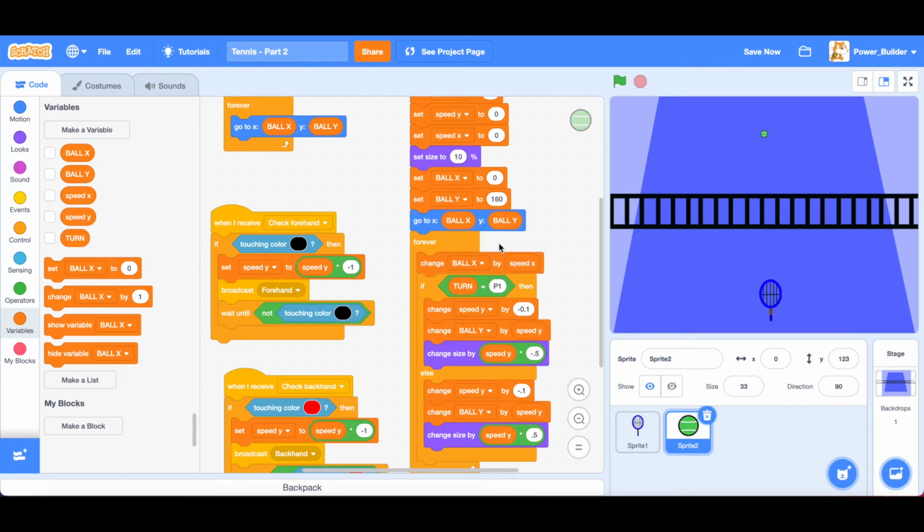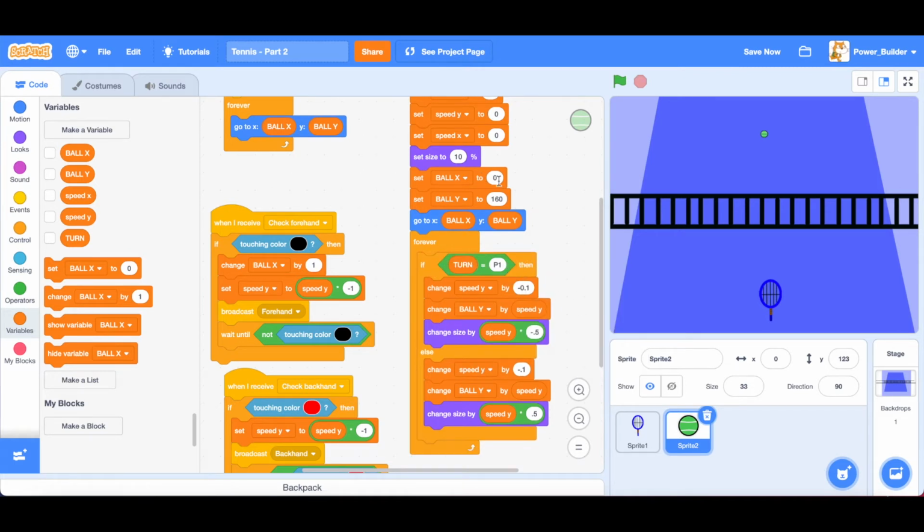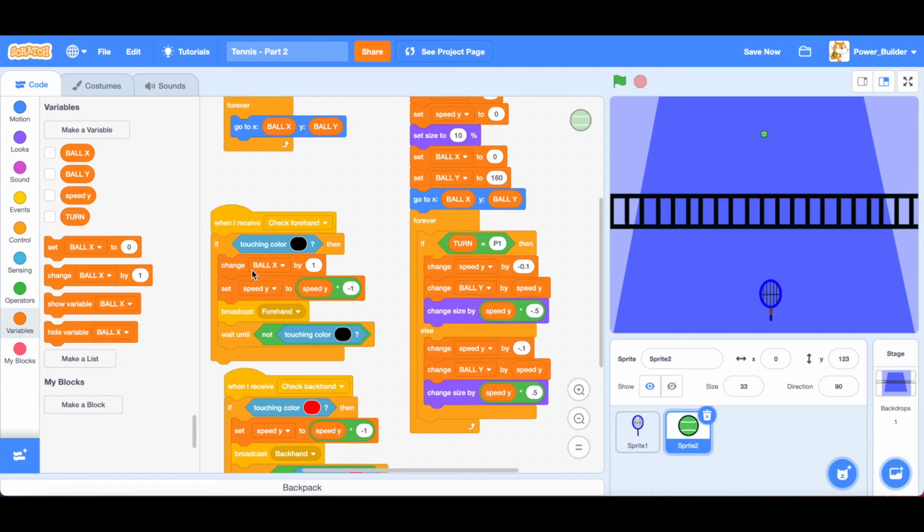You always want to do that outside the if else. Actually, we don't need the speed x variable. We can delete the speed x variable. It's not needed.